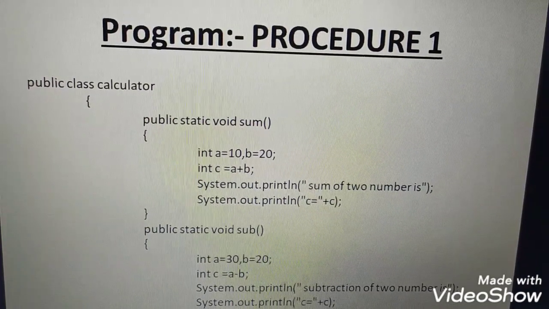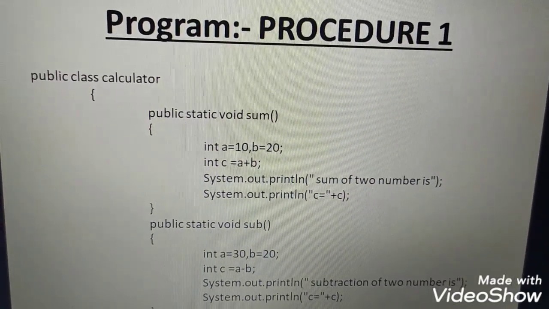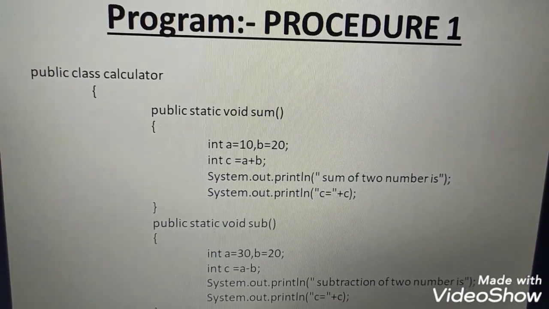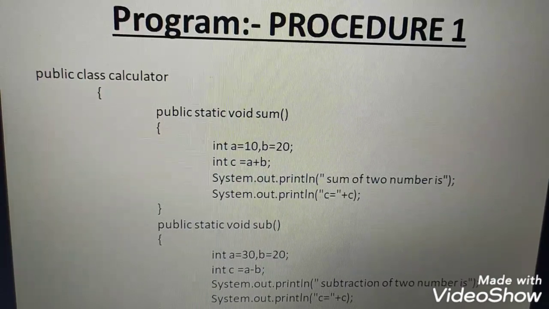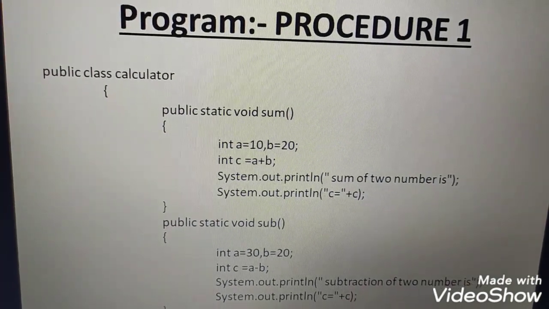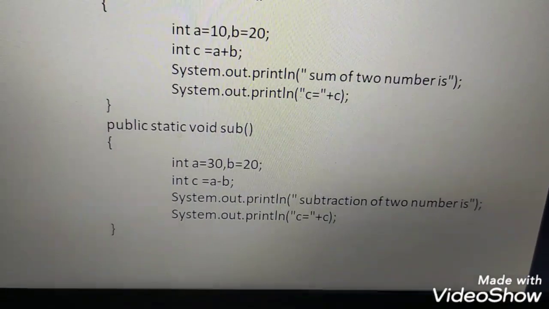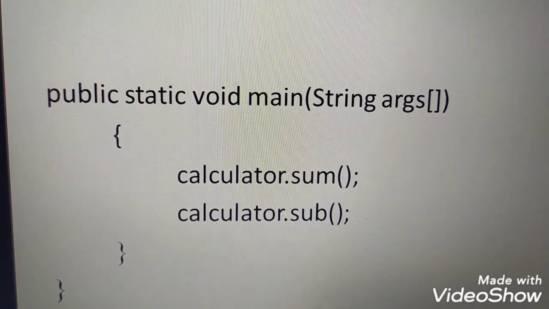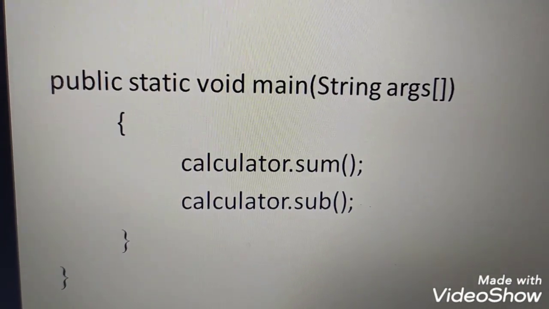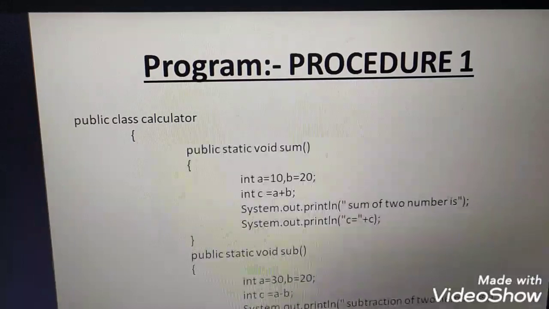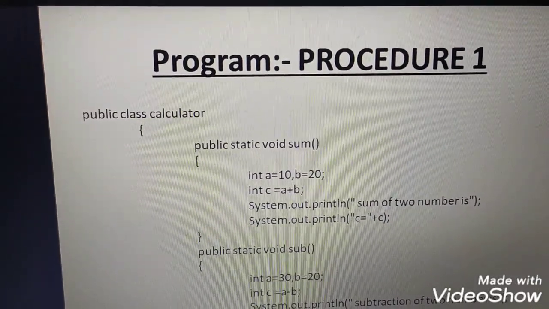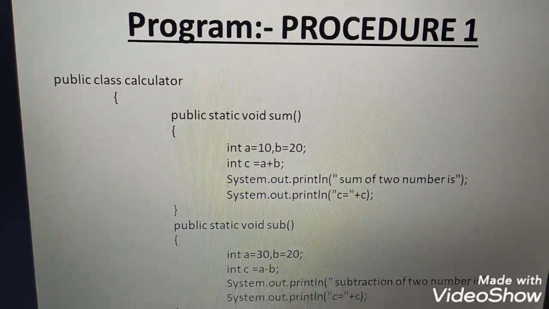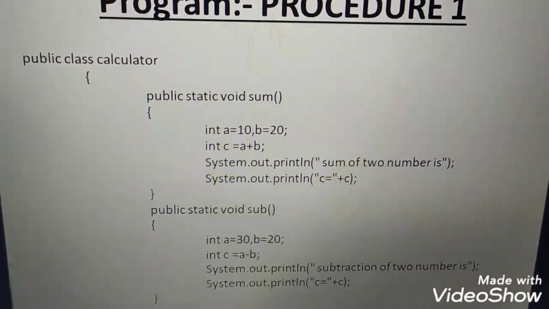I have written the program and I am explaining bit by bit each and every line of the program. This is the first procedure. You just look at here. First it defines the class, then it defines the sum method, then it defines the subtraction method. Okay. Then it defines the main method, and in the main method it is invoking the functions. Okay. According to the steps, we have to compare each and every line of the program and what the meaning of each and every line is. I am explaining on a paper. You just look at the paper.